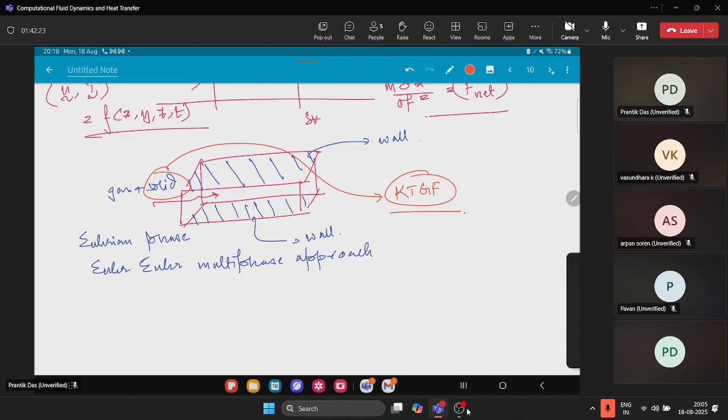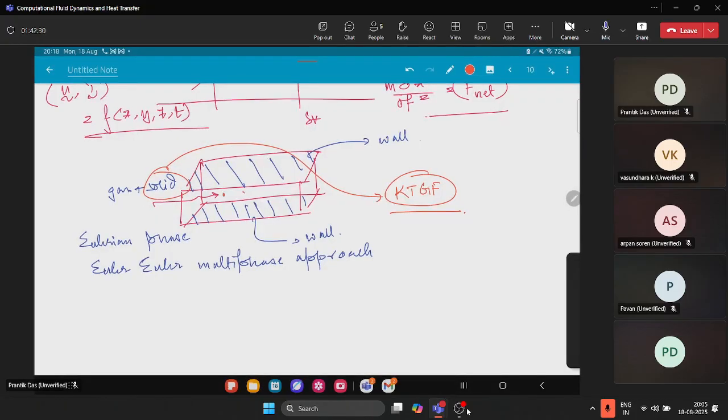Otherwise, what you can do is track individual solids. For example, there are some solids inside the domain, which I'm marking with this blue color. You can track them. The gas is flowing, in which the solids are dispersed. Then you have to solve m d squared x by dt squared equals f net. This can be done when the solid particles are less in number. If it is of the order of 10 to the power 23,